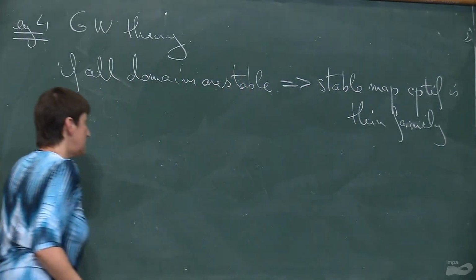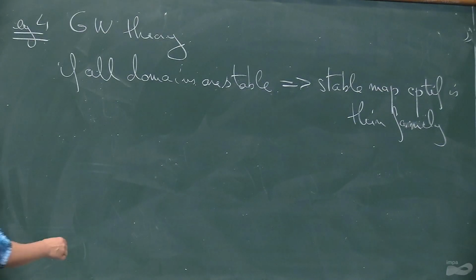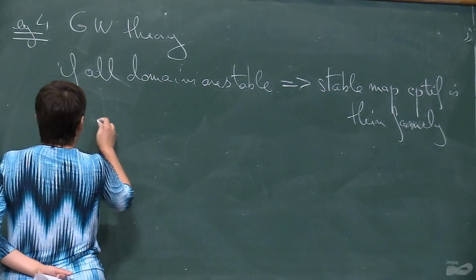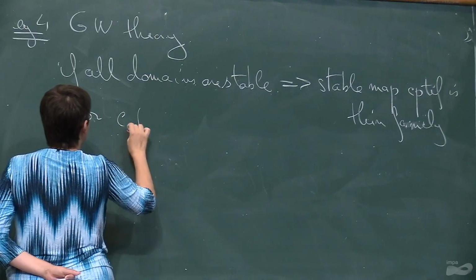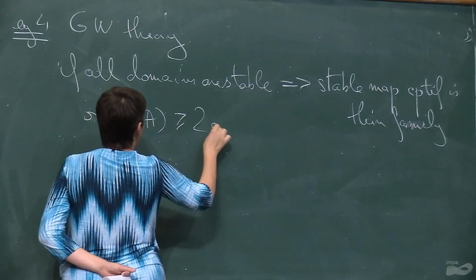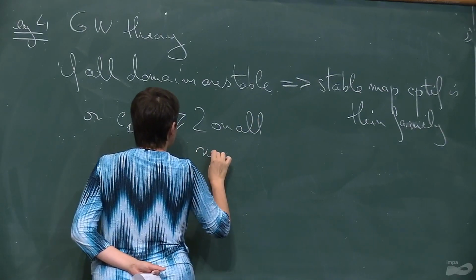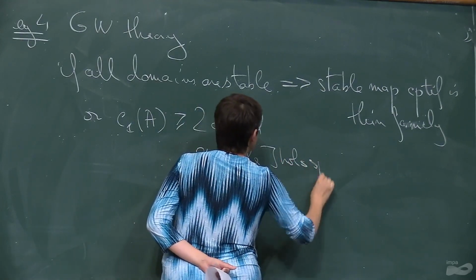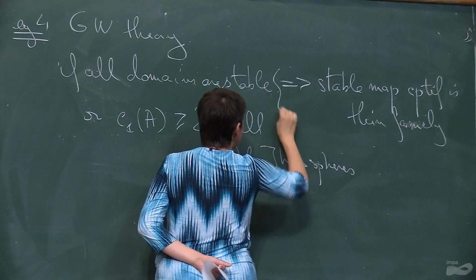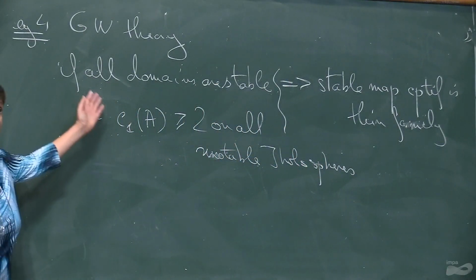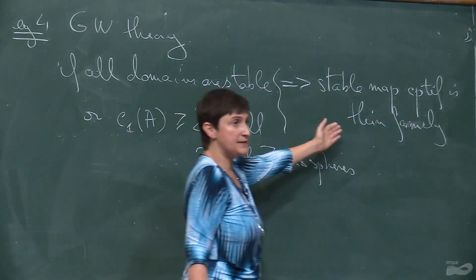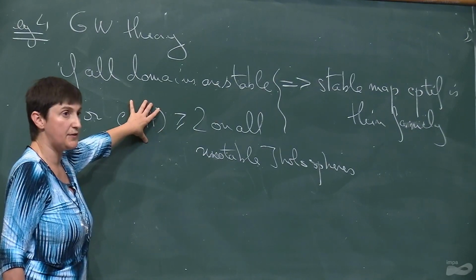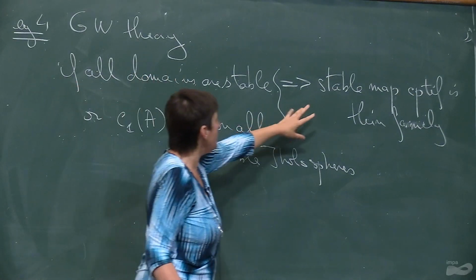You can relax this. If you don't have all domains stable, you can impose some topological conditions. So if you want the stable map compactification to be thin, you can say that c1, the homology class on A, is at least 2 on all unstable J-holomorphic spheres. I mean, basically, whatever you need to get boundary codimension 2, okay, then it also implies that the stable map compactification is thin because this takes care of multiple covers, right? So I should have said, if all domains are stable,